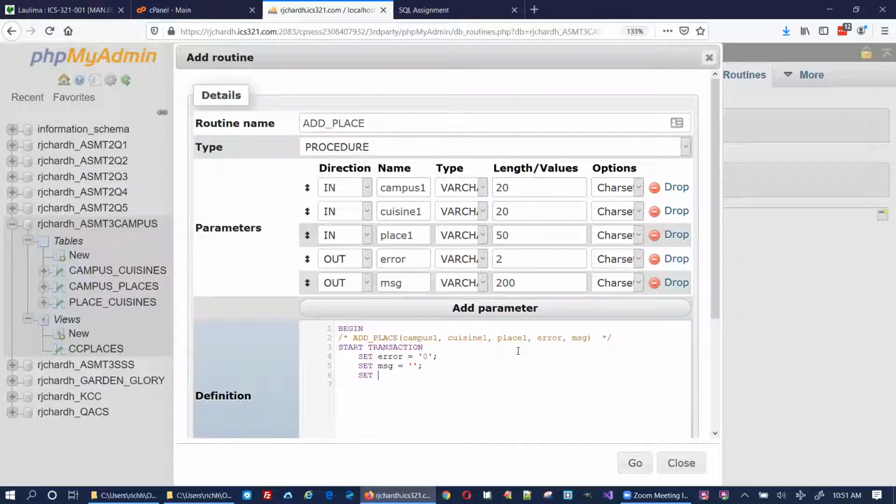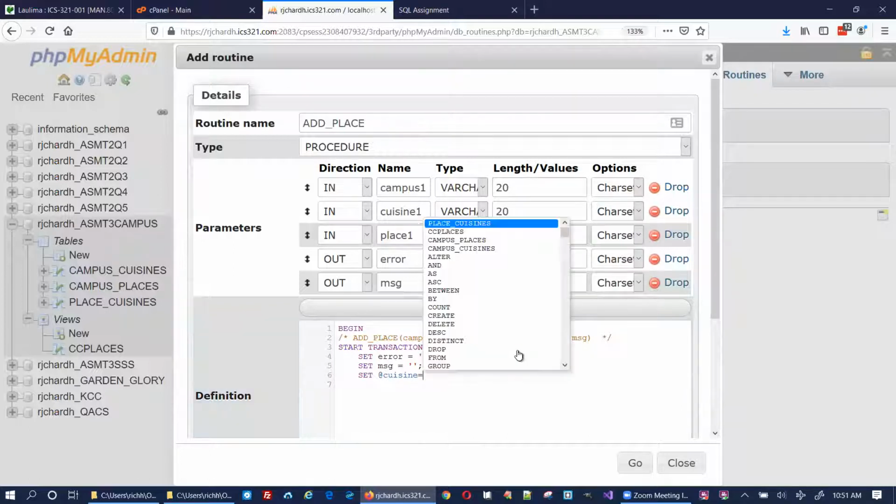If place cuisine is in the place cuisines table, I want to grab out the cuisine because I want to make sure that the cuisine type is the same as what's coming in. So I'm just going to say cuisine equals